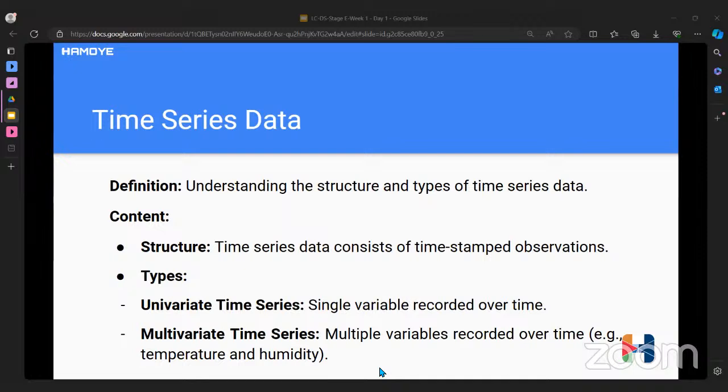So we have two main types, and we also have it in terms of visualization, like univariate plot and multivariate plot. Univariate is a single variable recorded over time, like daily temperature. So what you just have is a single variable you're looking at. The multivariate series involves multiple variables like temperature and humidity. Just like in our project scenario, we have the open and the closing variables. Now, understanding this data structure is the first step in effective